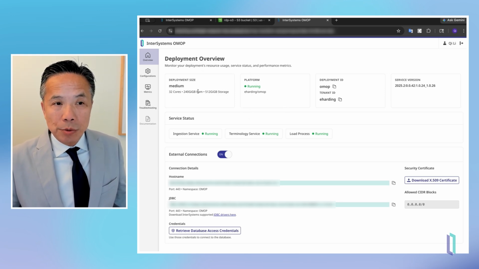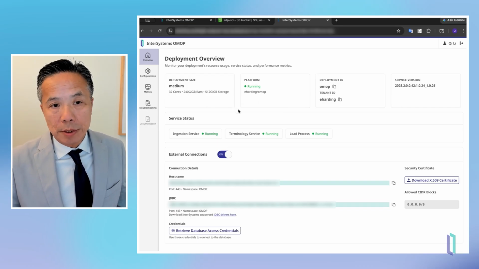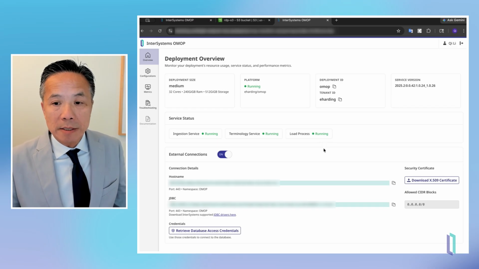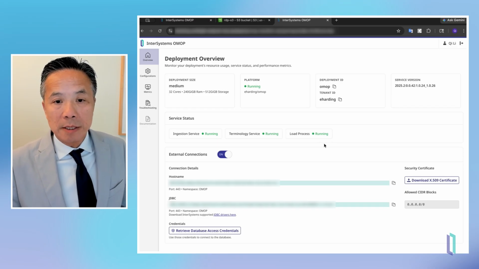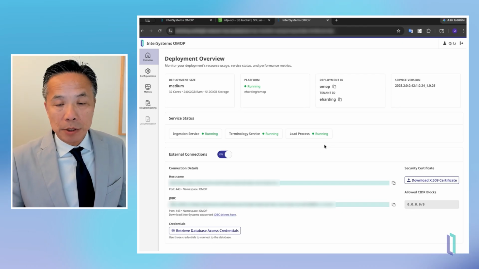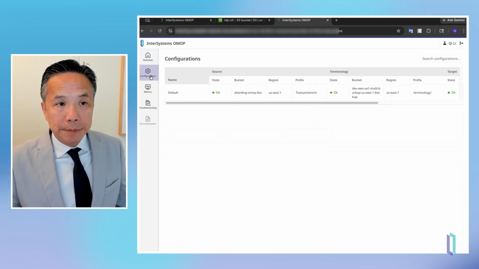And the initial creation will be allocating the cloud computing resources to be able to handle the volume and the performance that you desire. We make it very easy for you to also access the data and get all the assistance that you need. So you really do not have to have much technical expertise in terms of using or managing this. Once the deployment is created, you can go to the